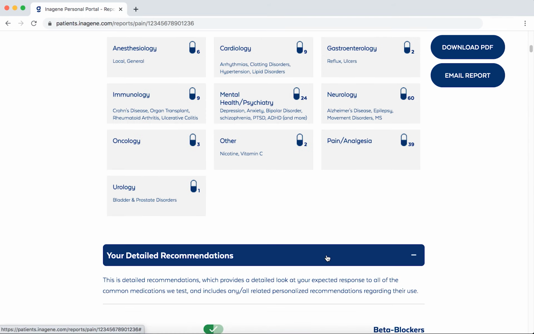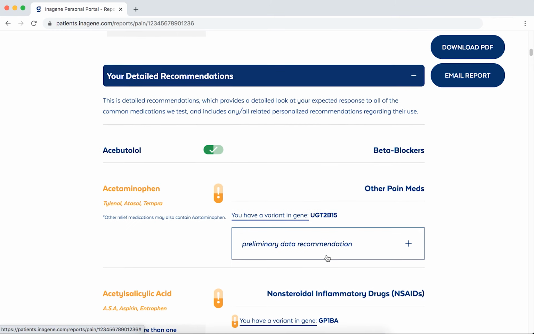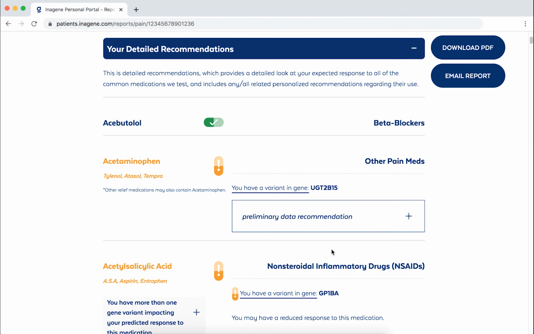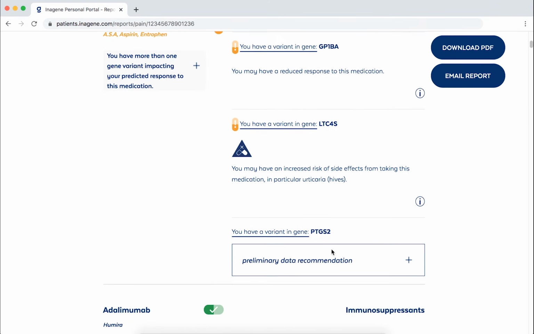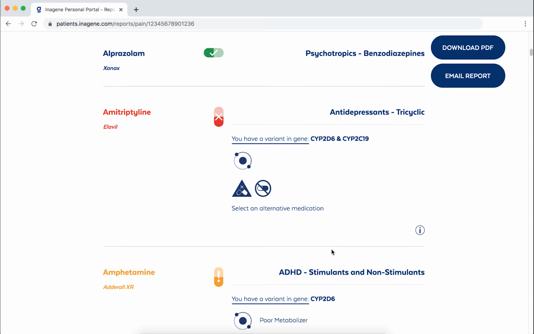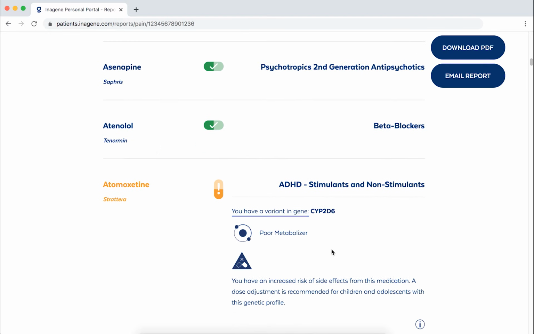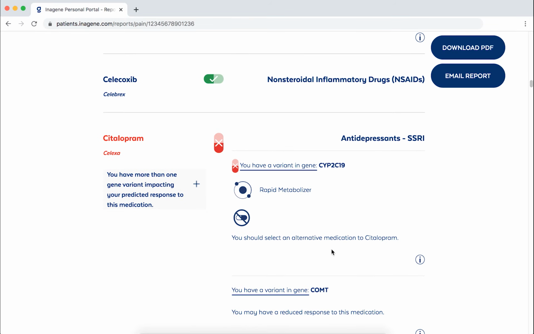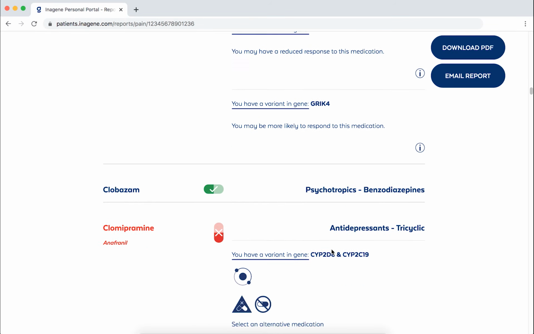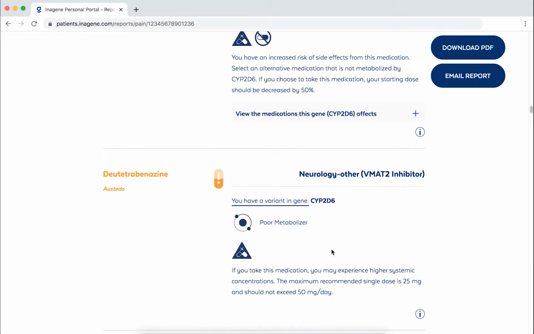Your Detailed Recommendations provides a list of every individual recommendation and their corresponding classification and recommendation, sorted alphabetically. It is important to keep in mind that pharmacogenetic research is still ongoing and additional drug-gene interactions may be discovered in the future, meaning that new medications may be added or your classifications or recommendations may change as new data